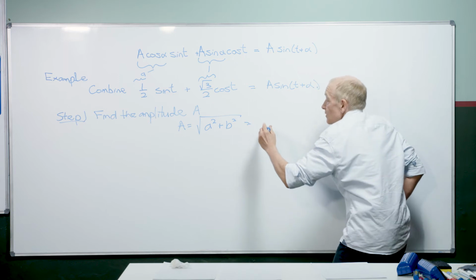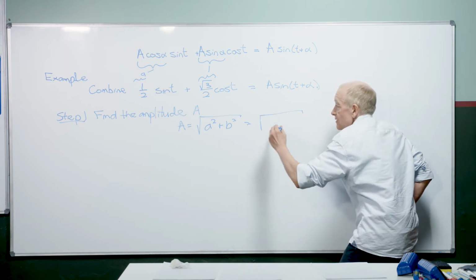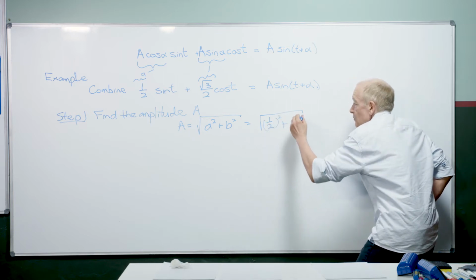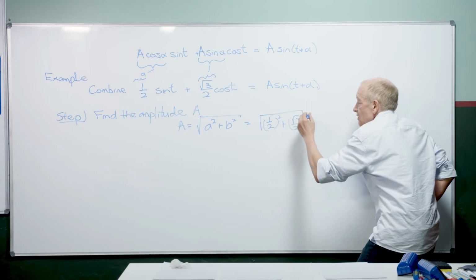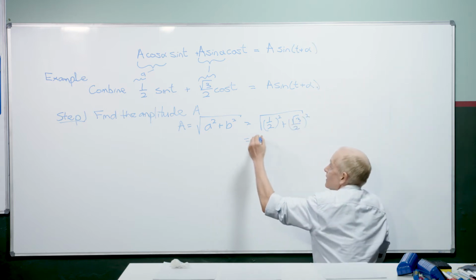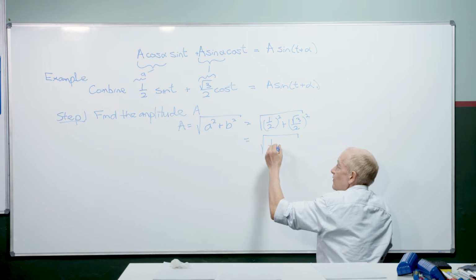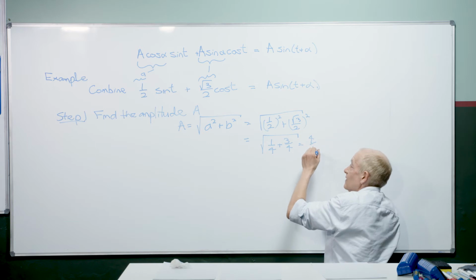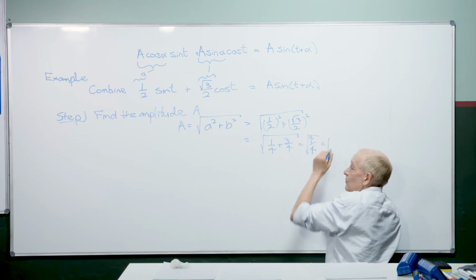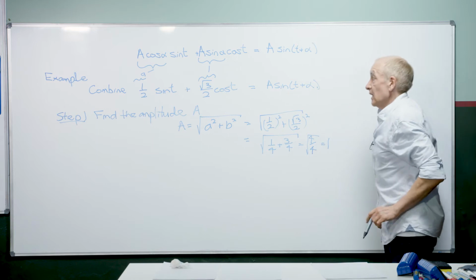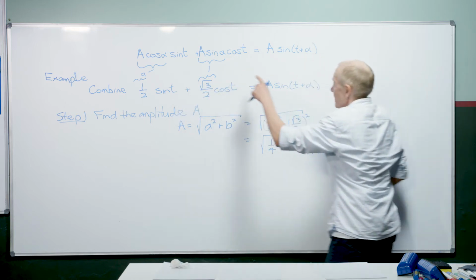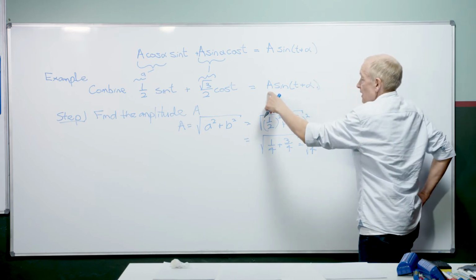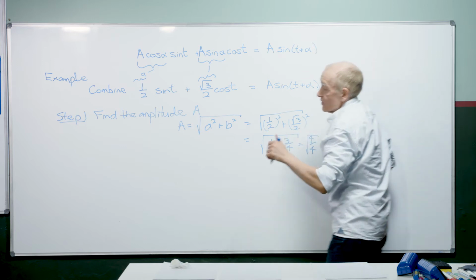So to find the amplitude of our new combined function, this is going to be a half squared plus root 3 on 2 squared. And this is the square root of 1 on 4 plus 3 on 4, which turns out to be the square root of 4 on 4, which is in this case simply 1. So when we combine these two, the amplitude, or the half of the peak to peak distance, is going to be 1. We found that. So step 2